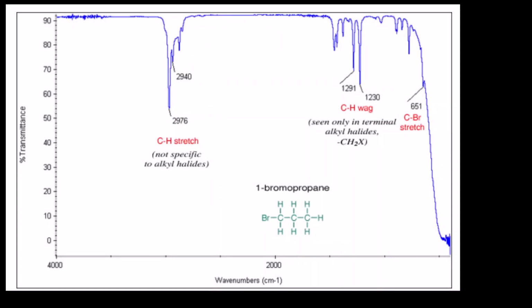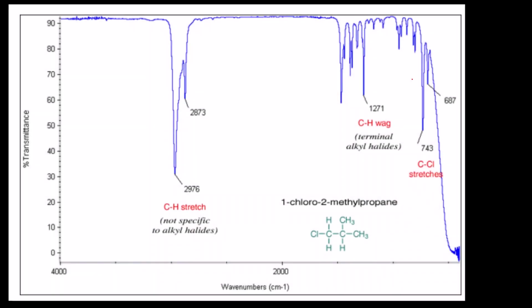Last is alkyl halides. The specific bond for alkyl halides is CX, where X is halogen. It can be fluorine, chlorine, bromine, or iodine. So here we are seeing CBr bond. CBr bond you can see in the fingerprint region, that is very low. It is around 651. And CCl bond, carbon chlorine bond, is around 743. This is also in the fingerprint region. Fingerprint region we had seen is from 600 to 1400